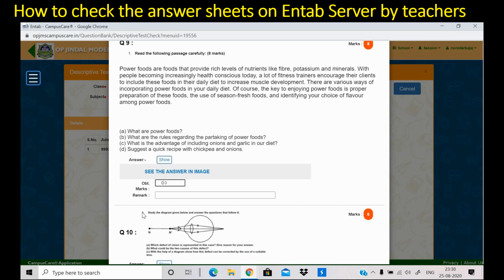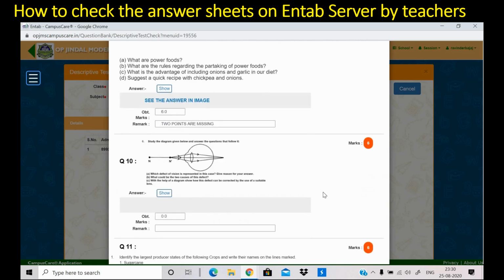So suppose I want to give 6 marks to this answer, and I'll say 2 points are missing. If the student has not given the right answer, some points are missing, then you can give the remarks, and 6 marks out of 8 I have given. In this way we can give marks to this question also.